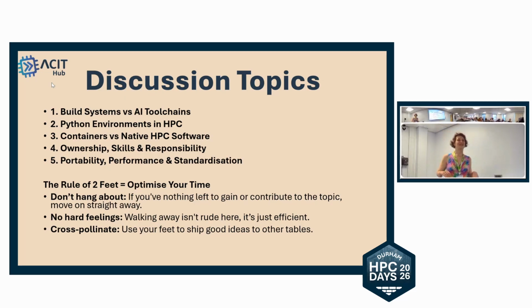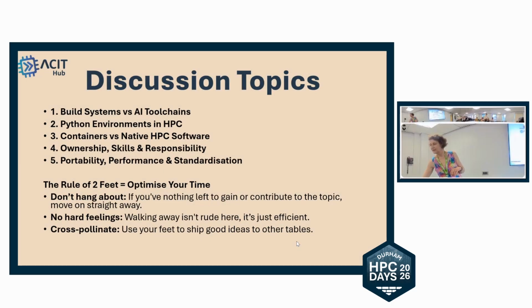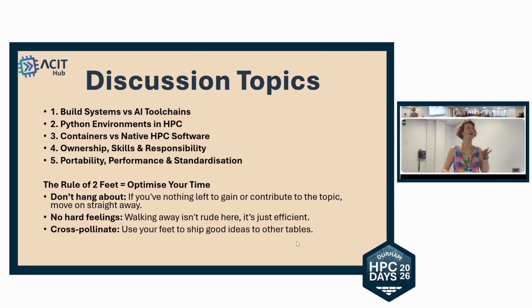Okay? Right. If you turn the piece of paper over on the table, I think table 1 is this end and table 5 is that end. You'll see some starter questions, but if you've got other things that aren't included on those starter questions, do feel free. Is that the right one? Yeah, Milton, yeah. Okay, so I'm going to go through in order on the tables here,